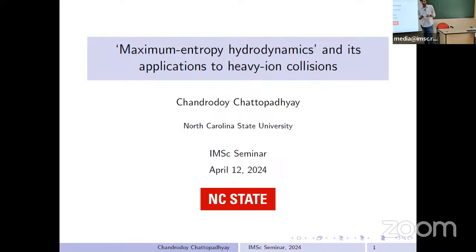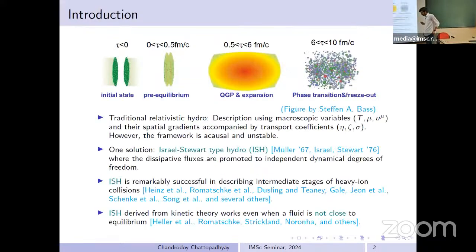Thank you so much, and thanks everyone for coming. I'll talk about a particular formulation of hydrodynamics that I have been working on recently, namely maximum entropy hydrodynamics. Just to set the stage, heavy ion collisions at the Relativistic Heavy Ion Collider and Large Hadron Collider produce a novel state of hot, dense matter called the quark-gluon plasma, where the microscopic constituents of protons